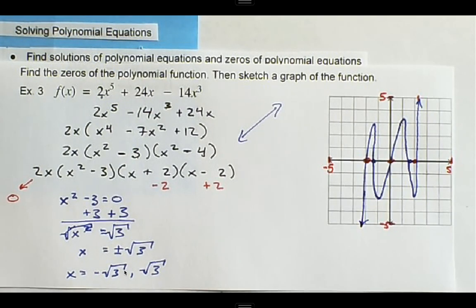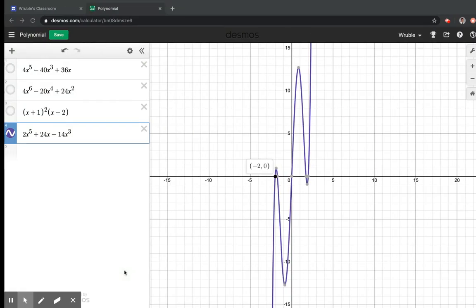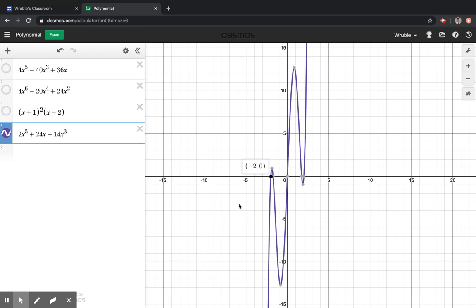For a little bit better view of what the graph will look like, we have our equation over here on the left. And here we have 0 at negative 2. That's the negative square root of 3. That's 0, 0. That's positive square root of 3. And that last one is